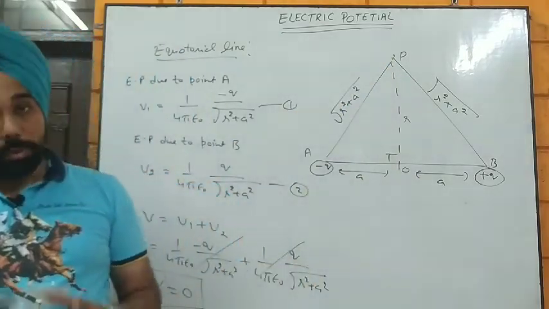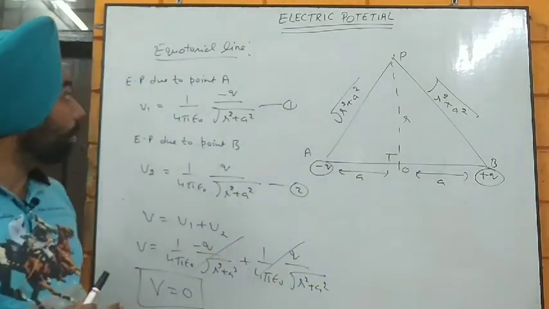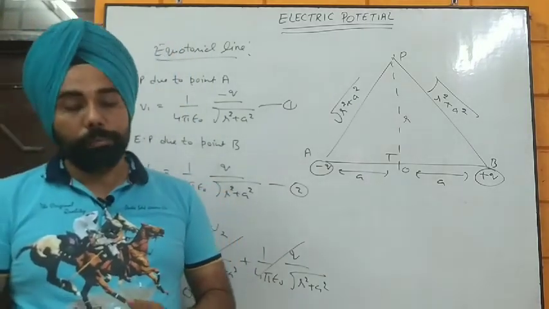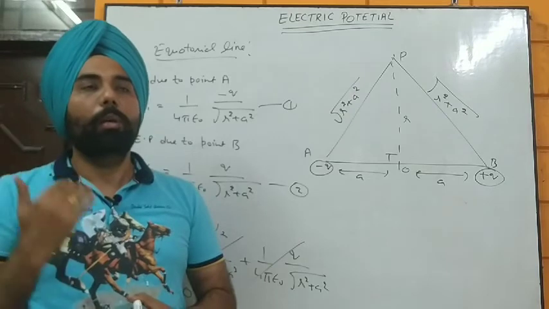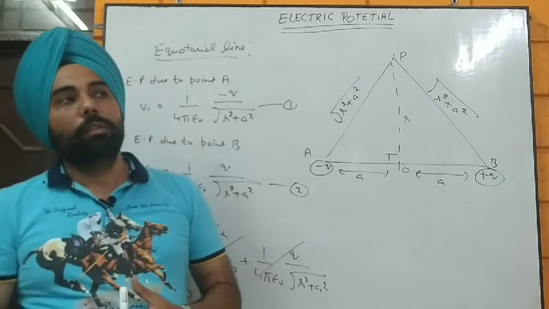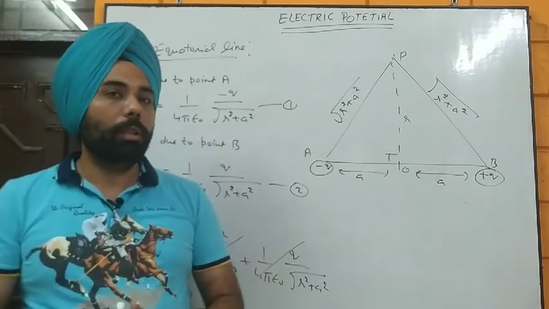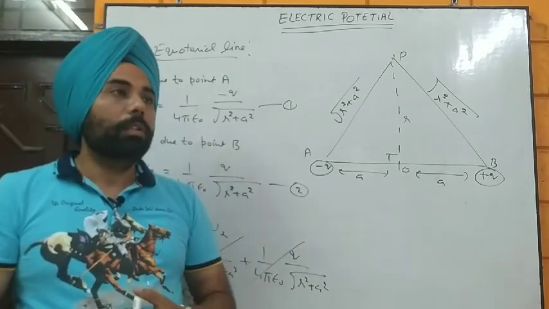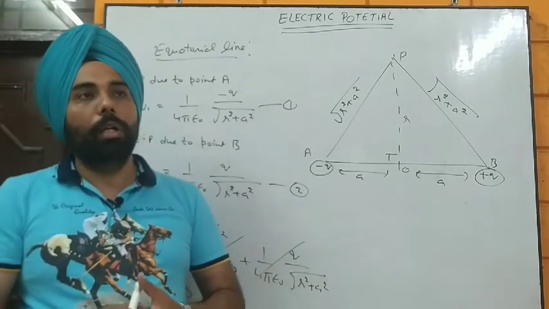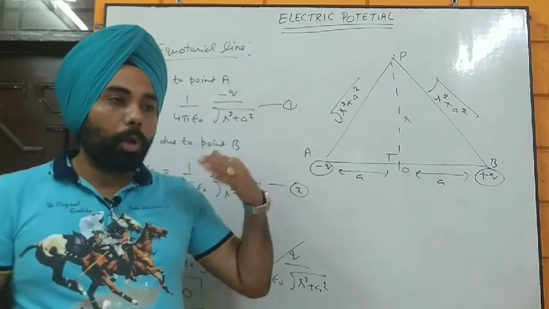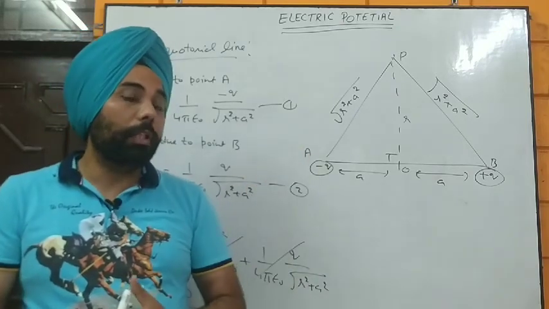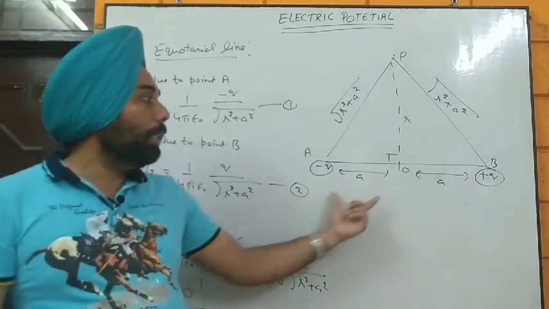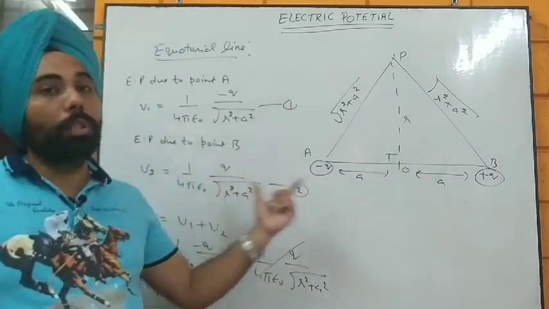So that's all the topics for now, and today we have done the definitions of potential difference, the electric potential, the potential gradient, the equipotential surfaces, the two types of potential surfaces, and then the 5 properties of equipotential surfaces, then the potential due to the axial line and the potential due to the equatorial line.